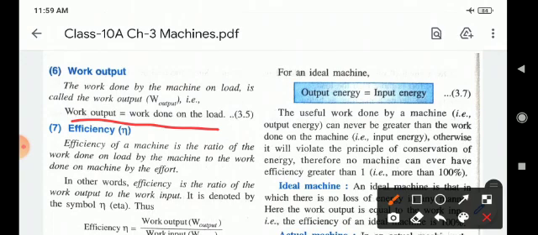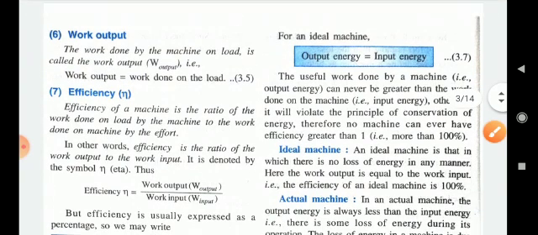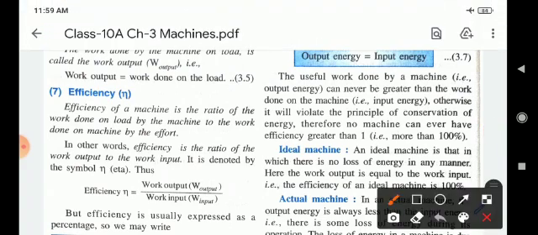Seventh point, efficiency. Another meaning of efficiency: energy is a key principle in physics, as it allows work to be done. The rate at which energy is transferred is called the power, and the amount of energy that is usefully transferred is called the efficiency. Children, very important point, efficiency.